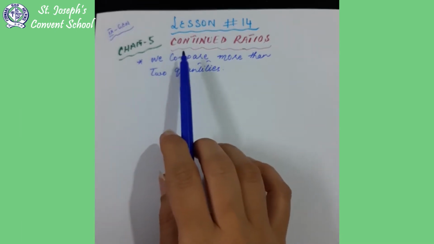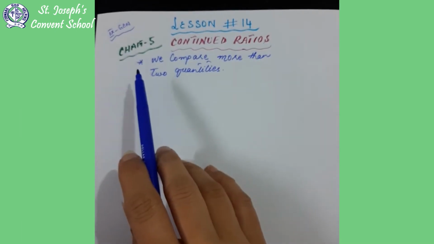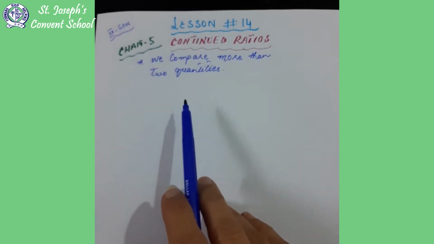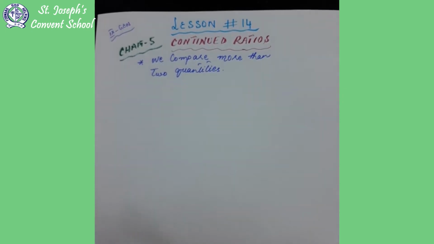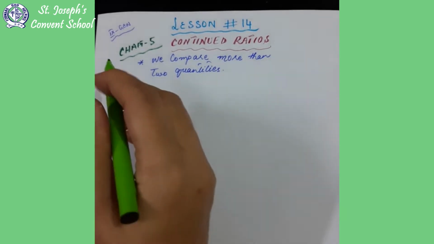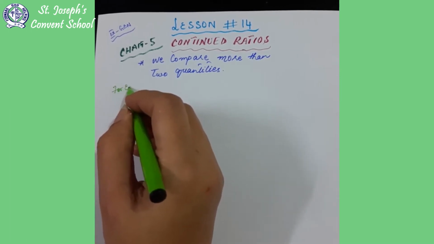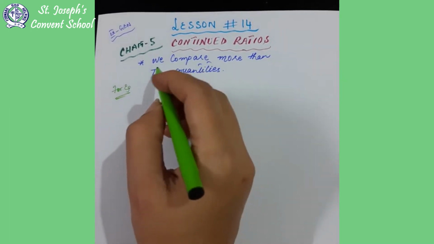So what is a continued ratio? We compare more than two quantities. In simple ratio we compare two quantities. Now in continued ratios we compare more than two quantities. So if more quantities are given, for example,